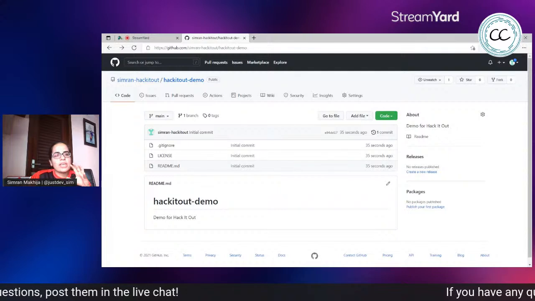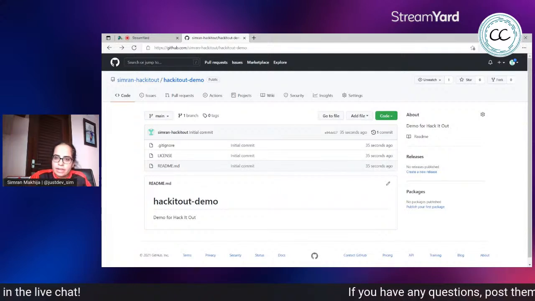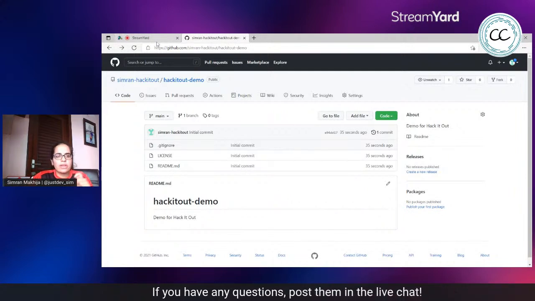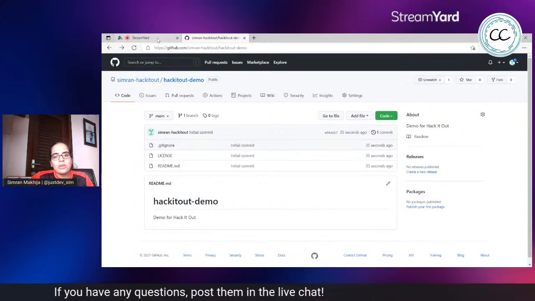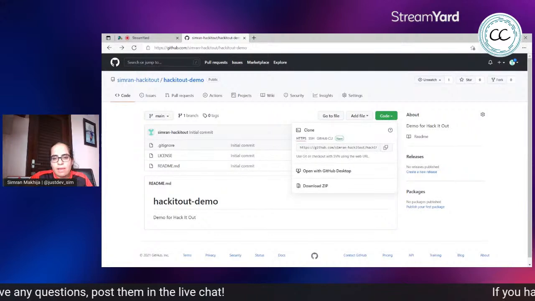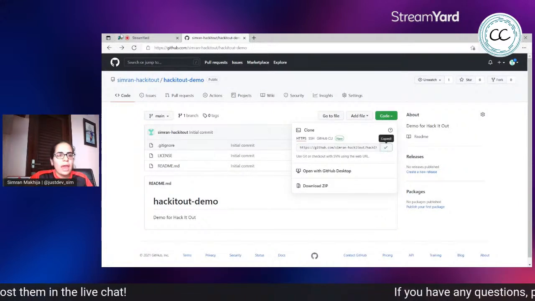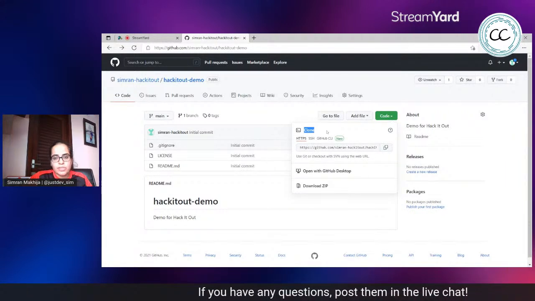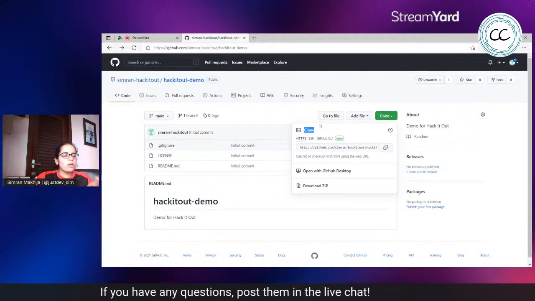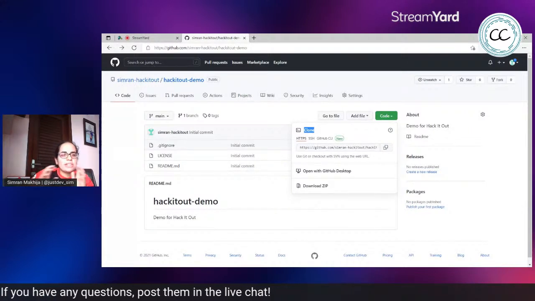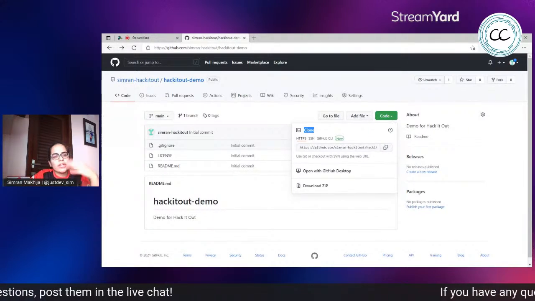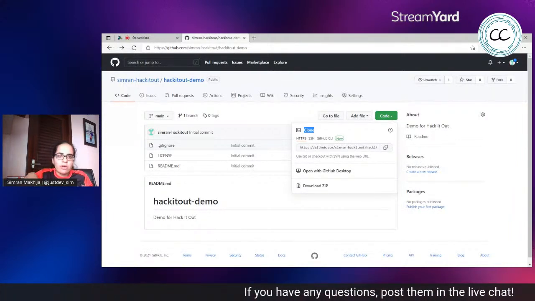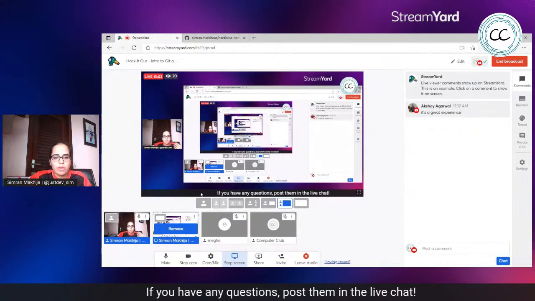For this, we'll be using the GitHub CLI, which is the command line interface. And as I mentioned a few minutes ago, we'll be talking about Git Bash in that context. So let's quickly grab this link from here, and we'll use it to clone the repository on our systems. Cloning, the word literally means to make a copy. So what we're doing is taking this public repository and making a copy of it on our local systems. That's what we're doing when we're cloning.